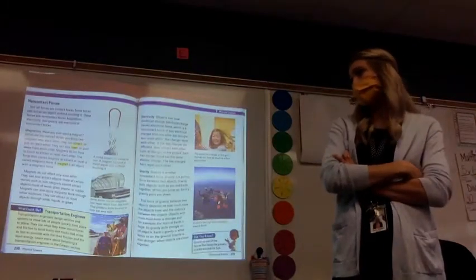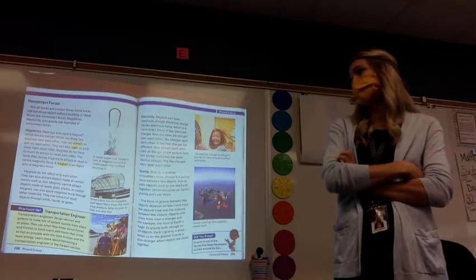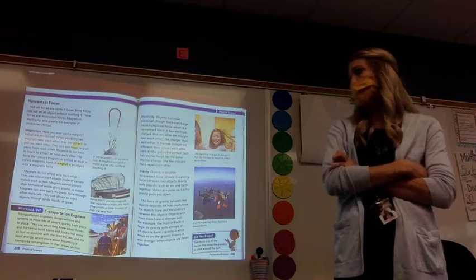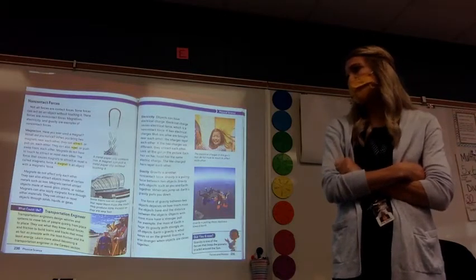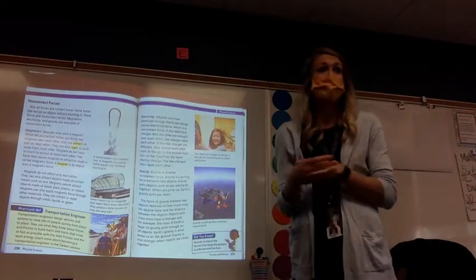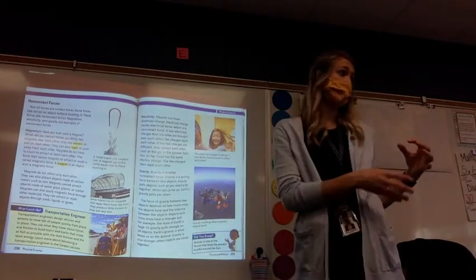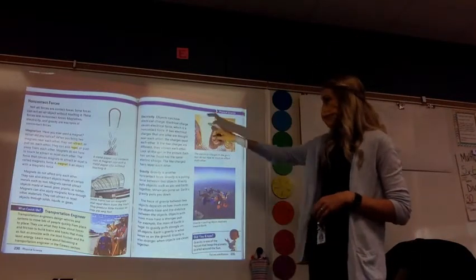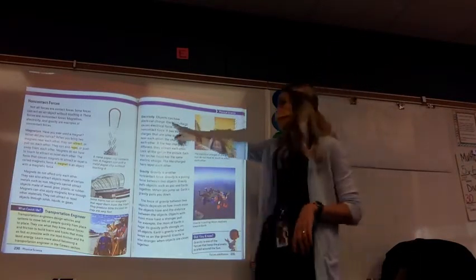Magnets cannot attract objects made of wood, glass, plastic, or rubber. Magnets can also apply magnetic force through other materials. They can attract or repel objects through solid, liquid, or gases. This is good background to build because we're going to come back to magnets later in the year, okay? And then up here, our next one we're going to look at is